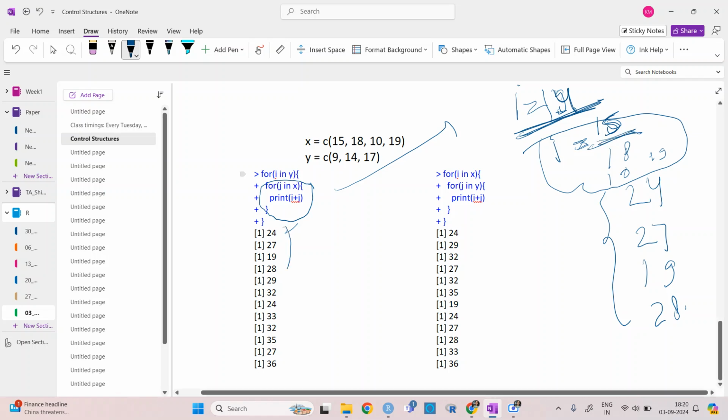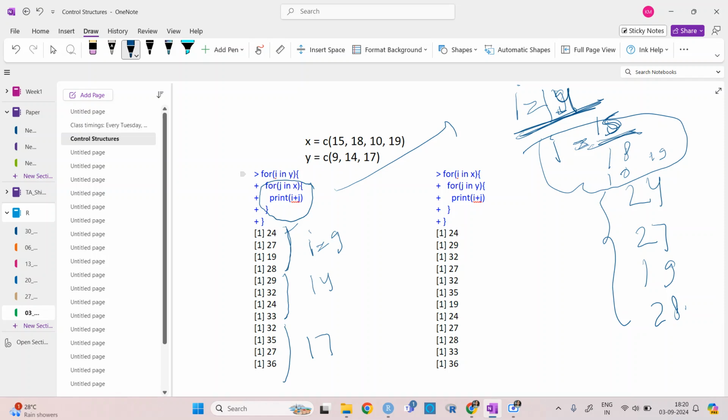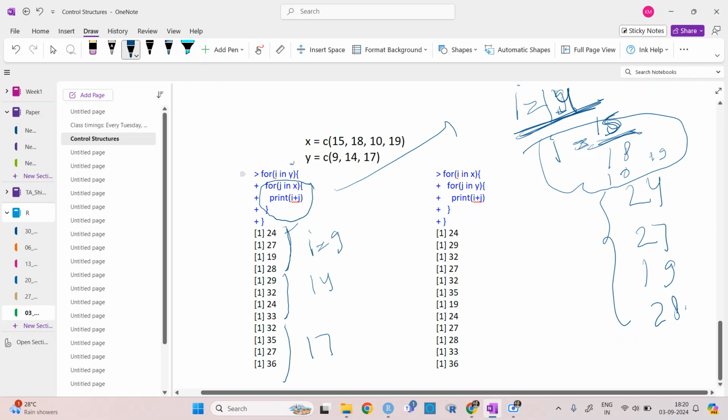So this one is for I equal to 9, and j is changing. This one would be for I equal to 14, j is changing. This one would be for I equal to 17, and j is changing. So it is working like that because y is outside. That means I is coming from y, so y is outside.